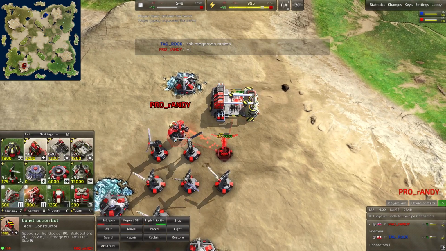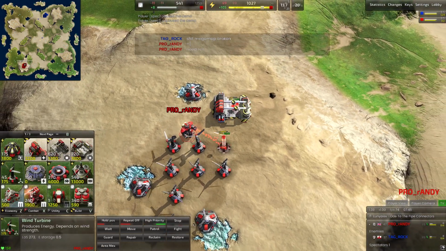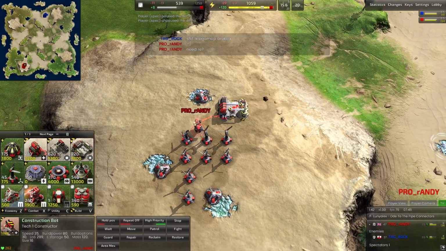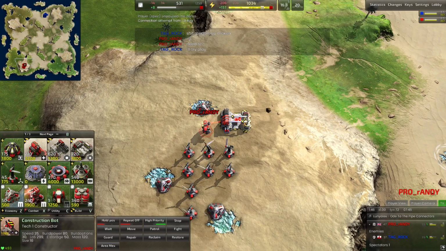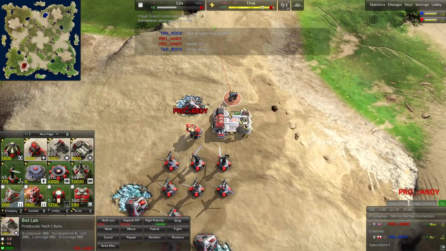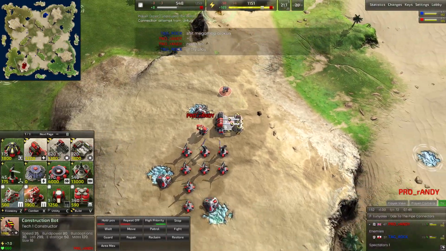So it looks like we went for construction bot first and 3 more wind turbines, and then we're going to be assisting the factory. So Randy really emphasizing this power production here so he can stand here and assist his factory. And I believe he's going to be